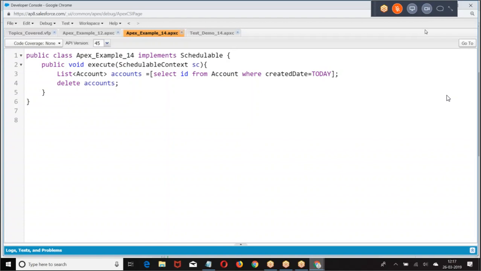Most of the things are clear. And scenario-based questions will be either trigger or batch Apex. Any scenario question they are asking will be a trigger or a batch Apex. In some cases, how to control the trigger? By custom setting. I told you, make a hierarchical custom setting, make it true. If it is true, run the logic. False, don't run the logic. Apart from that, there will be no scenario-based. Scenario-based questions will be either batch Apex or triggers. So prepare this for the interview purpose. But for surviving in the company, they are very important: list, set, map, and wrapper. Okay. Chalo, that's all from my end.